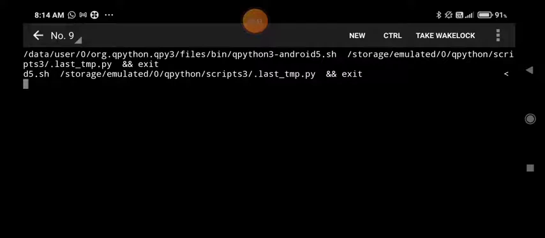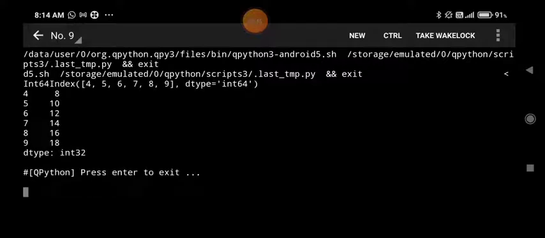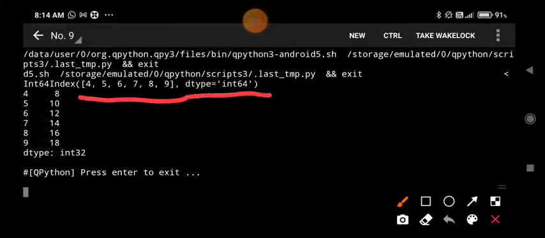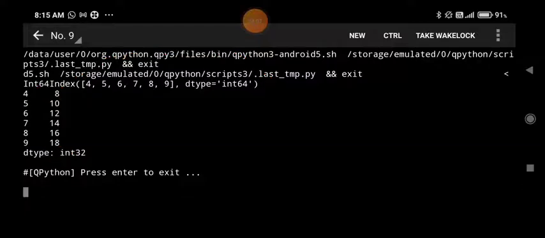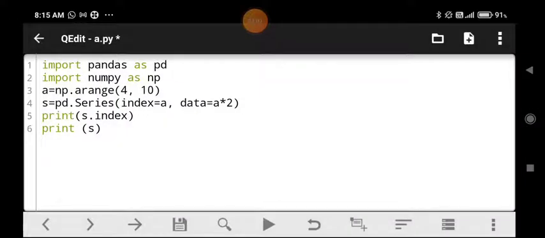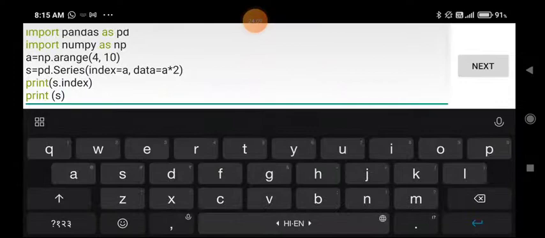So first of all, you can see in the example the Int64 index will be printed and then after that the whole series is printed, because we have used two print statements here. First of all, I am writing s dot index, then s. So first of all index will be printed and then the series will be displayed.